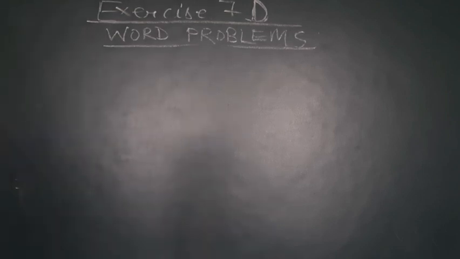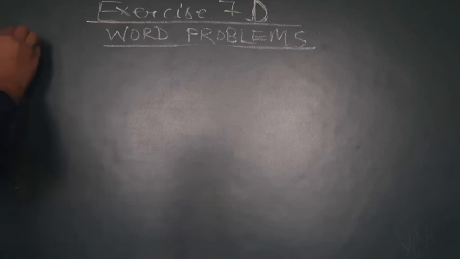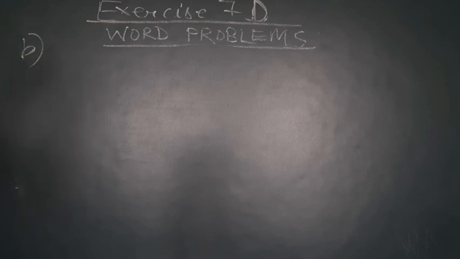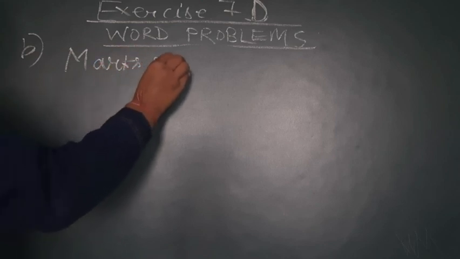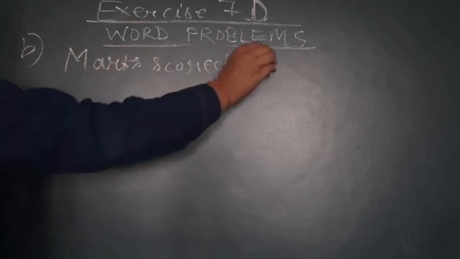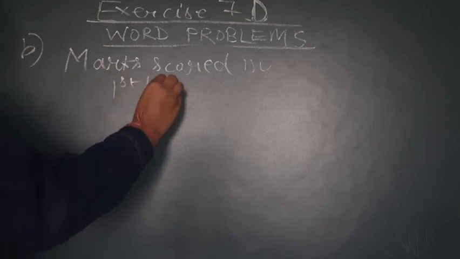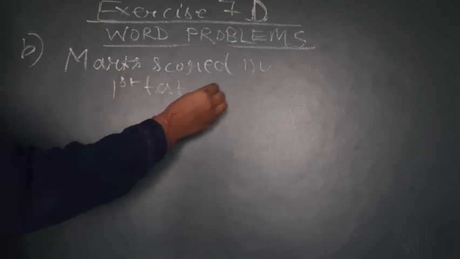So the next question is option number B. John got 90 marks in his first test, 82 marks in his second test and 68 marks in his third test. Find his average marks. So now to find out the average of John by the short trick, what you have to do? If you know this, you can comment down in the comment section, students. Now the first statement of this question will be marks scored in first test. So in first test, how much he has scored? He has scored 90 marks.